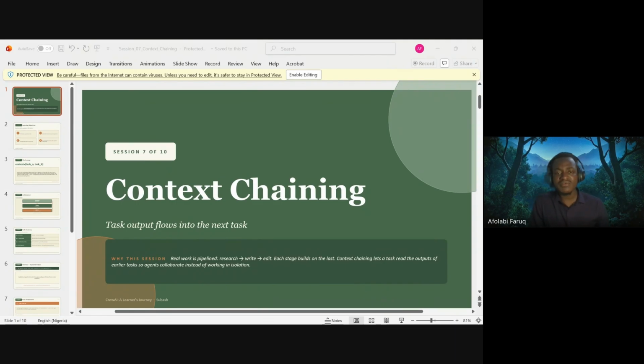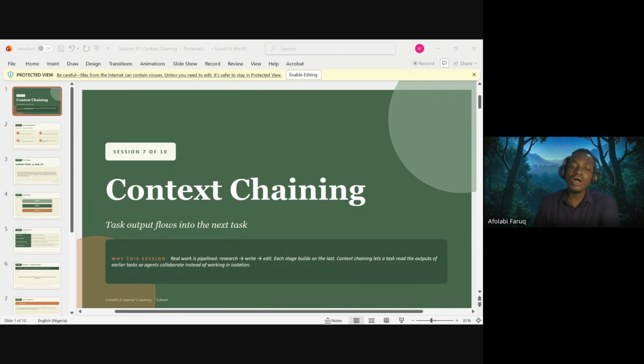Just imagine one person doing all this. It might not be as effective as it could be, unlike if multiple people are handling different parts of it. And that's exactly what this is doing, where they are all working collaboratively to achieve a particular goal.